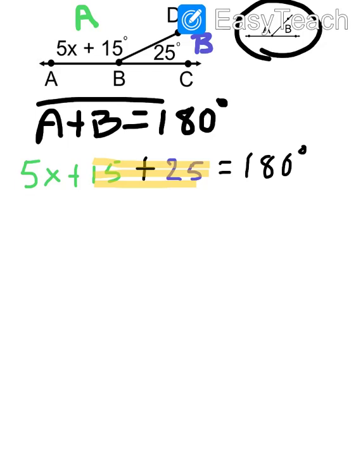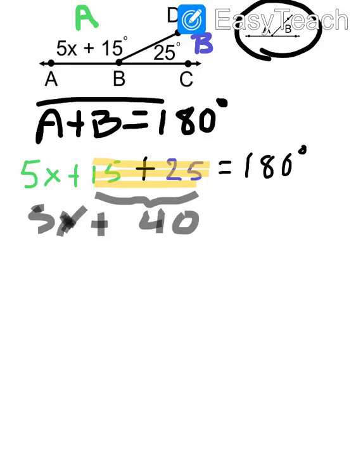So 15 plus 25, that is 40. And we're still adding that to 5x. And they have to still be 180 degrees. So now we do have something that we're used to working with, and now we're going to use inverse operations to solve this. Okay, and the first thing that you're going to have to do here is take away 40